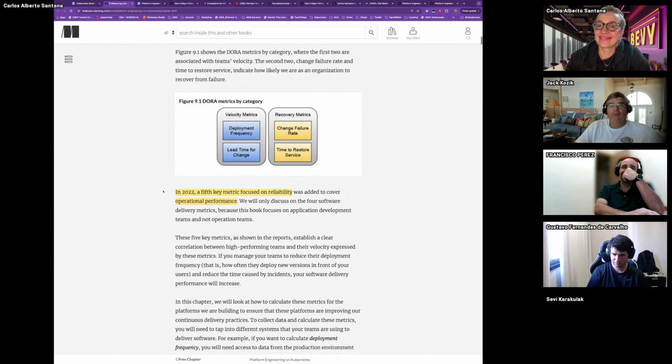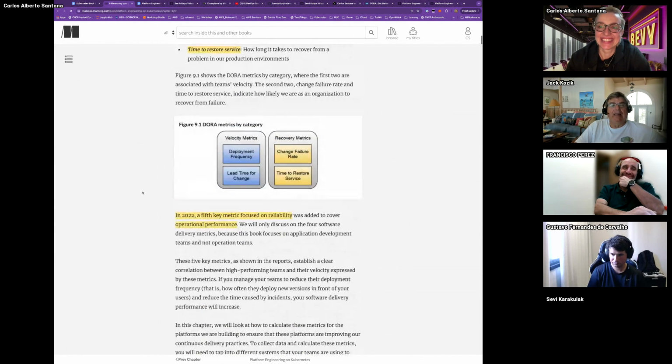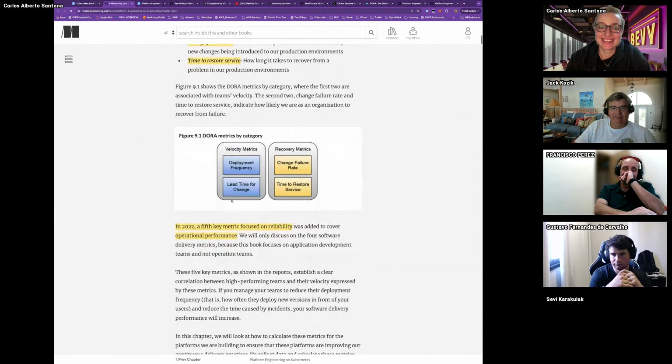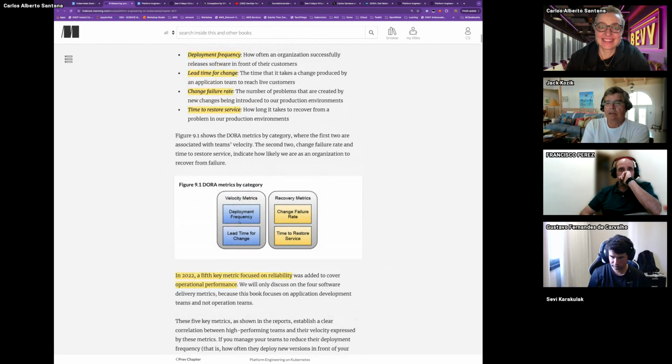So yeah, there are four metrics, and he divided them in two. One is velocity metrics. The first one is deployment frequency, which is how often you have a successful deployment.